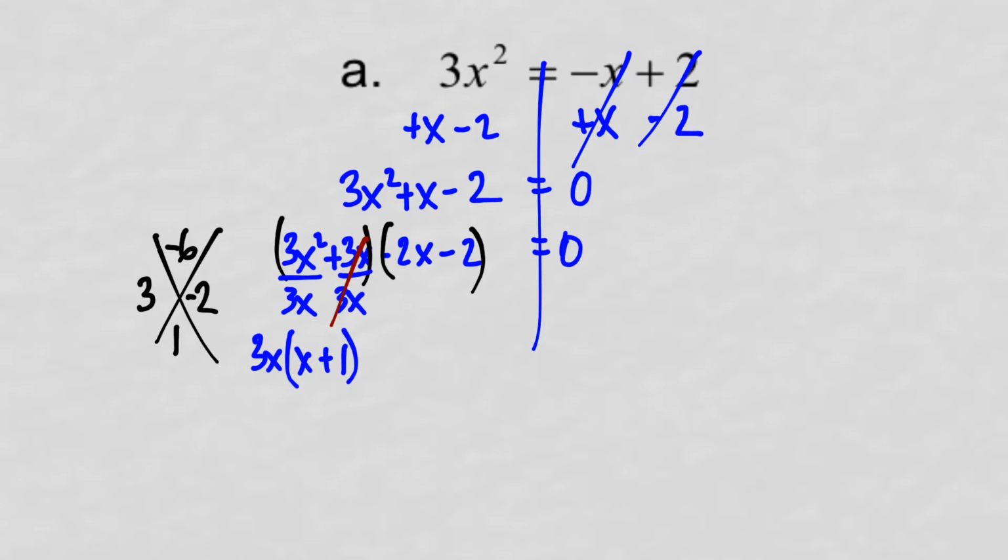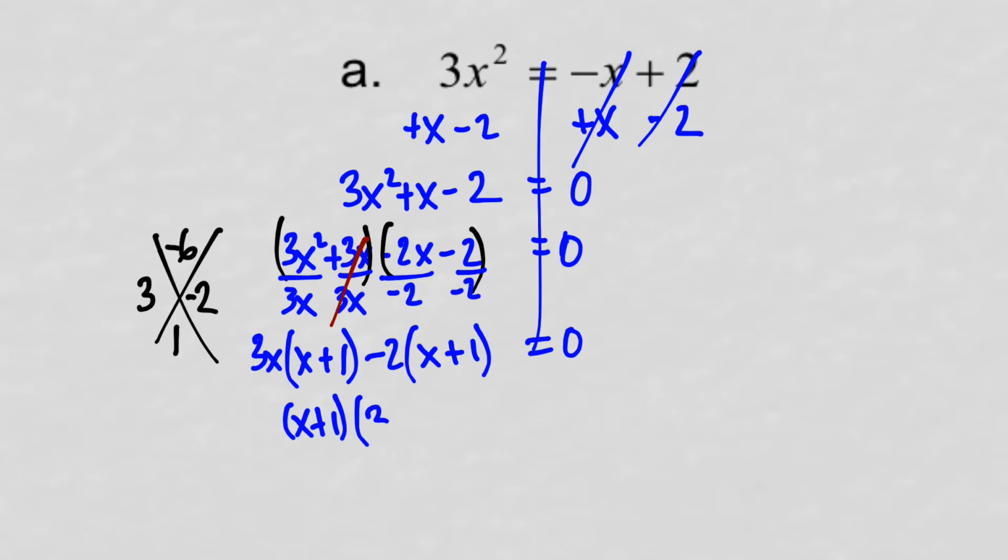For the other pair, I notice that the first term is negative, so I have to divide by negative. Right? That is a requirement. Also, they both have a 2 in common, so divide by negative 2. So I'm going to factor out negative 2, and what's left is x plus 1 equals 0. Don't forget that this whole time it's equal to 0. Now I can see that the x plus 1 is what they have in common, so that is my first factor, x plus 1. And the other one is 3x minus 2